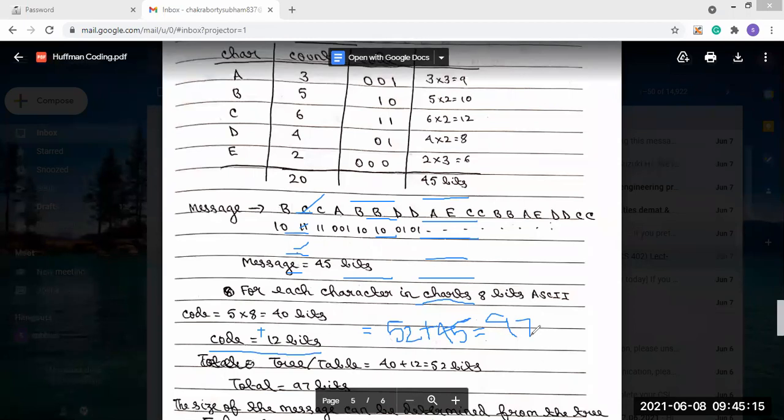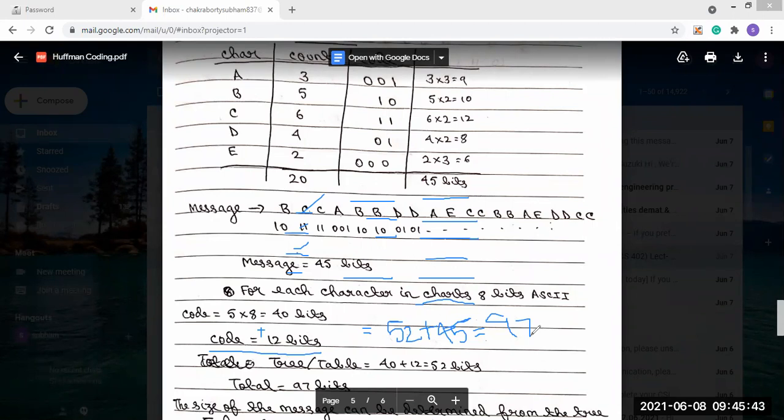Now you see how it reduced. First, when we send the original message, no compression technique is used. How many bits are needed to transmit the message? 160 bits. Then, when we use the fixed size code, the total length became 115 bits.